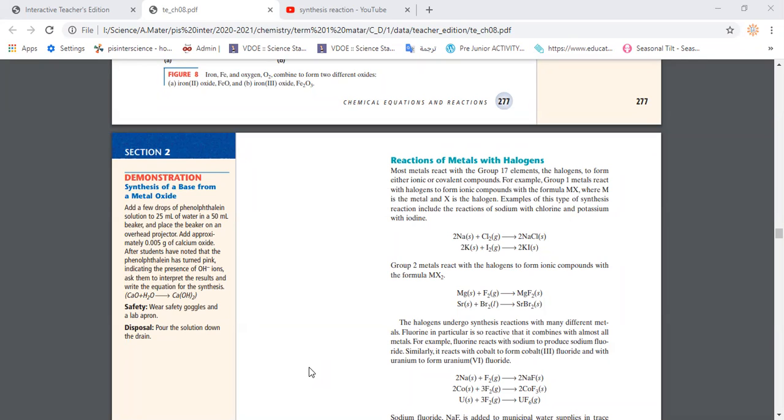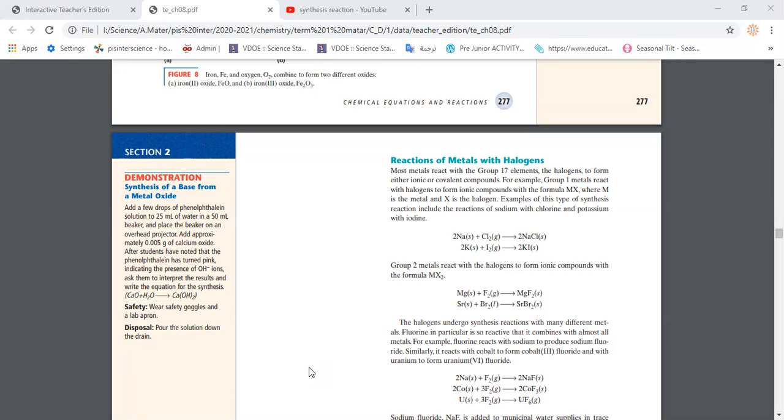Okay, guys, a synthesis reaction is a type of chemical reaction in which two chemical substances, which could be elements or even compounds, combine together to form just one product. So in the chemical reaction, we're going to find the reactants written before the arrow, more than one material, then they are going to form one product after the arrow. That means we have two elements or two compounds combining together, forming one product only. So that's a reaction of building or creation, making a new substance, which is just a combination